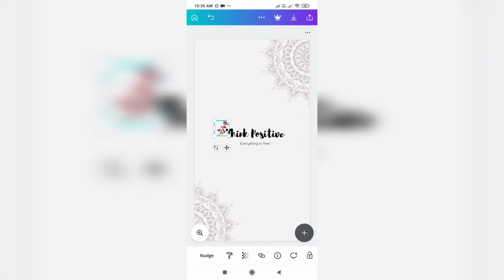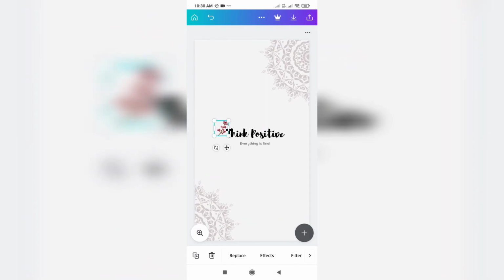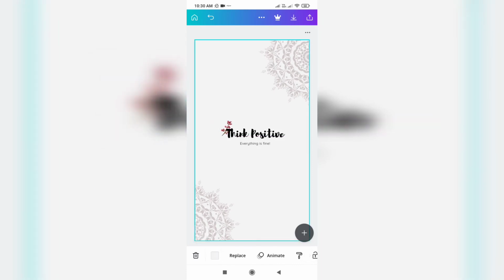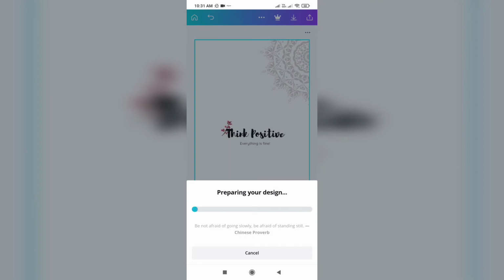Okay, so here these are the link tools. If you want to link one website or any website link, you can do that as well. These are the effects. It is showing the background remover, which I have already used with a free app, so no need of that. Now let's just look at anything I want to use. I guess not text, sand, stickers, no, nothing. So I'm just going to save my design like this.